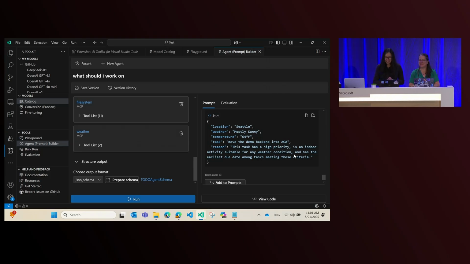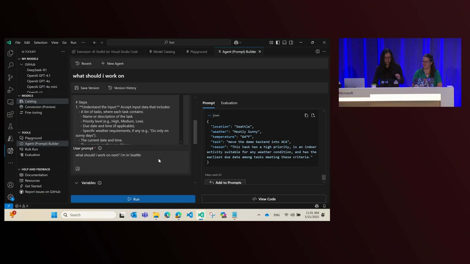I don't know. Anyways, that's how you can iterate on your AI agent entirely locally in this tool. You can make changes to your prompt. You can try a different MCP tool. You can choose a different model. You can try all these different combinations. We love choice and control, right? So we know exactly what we are getting.